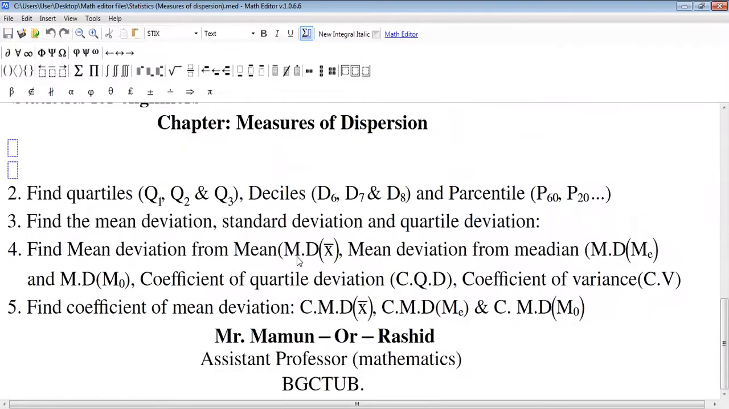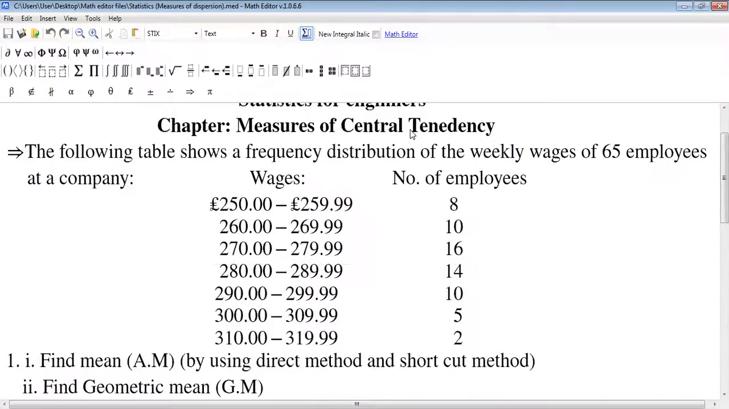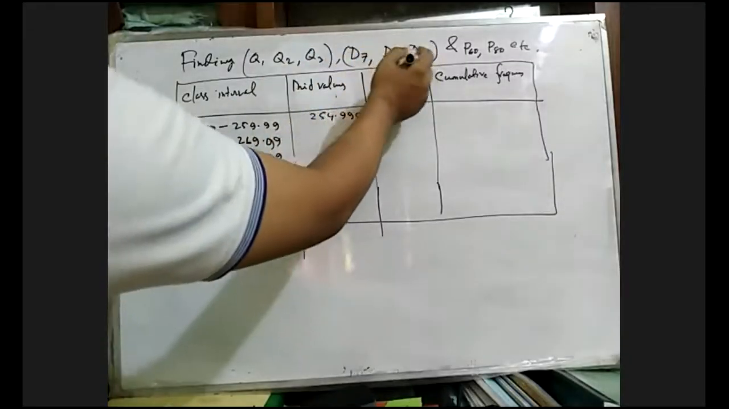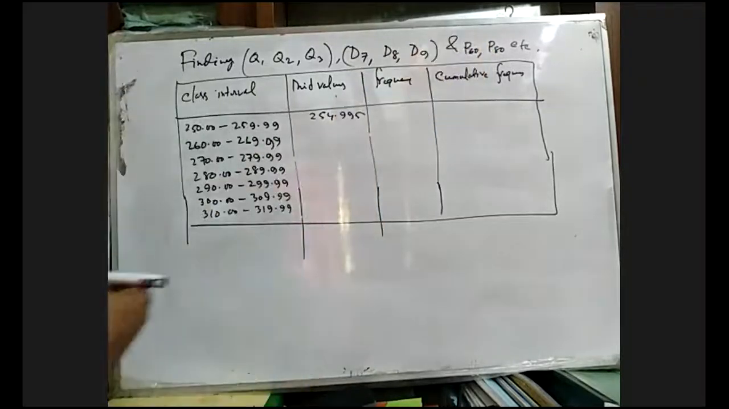That means quartiles, deciles, and percentiles. We are finding this question: find Q1, Q2, Q3, deciles D6, D7, D8, and percentiles P60, P20. We are finding these from this example. So for finding Q1, Q2, Q3, D7, D8 decile, and the 60th and 80th percentiles,